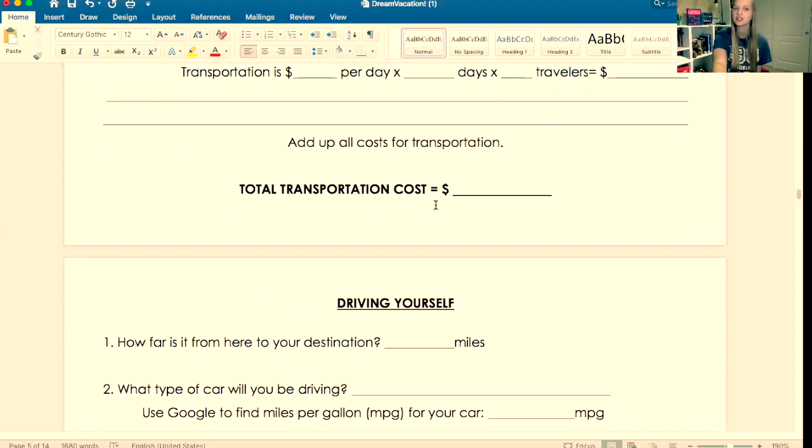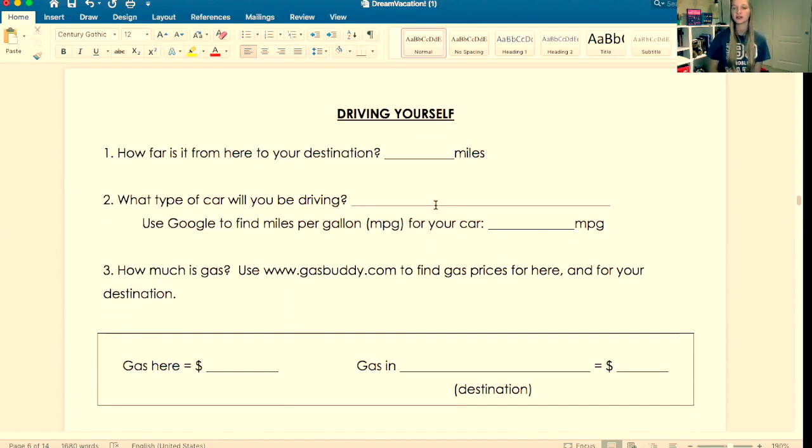Now, if you decide to drive, then you go directly to this page and you are driving yourself. Say you want to drive to Canada. How far is it from your destination? You want to look on Google Maps, type in your destination, and see how many miles it is. What type of car are you going to be driving?